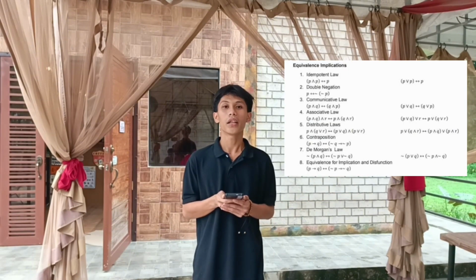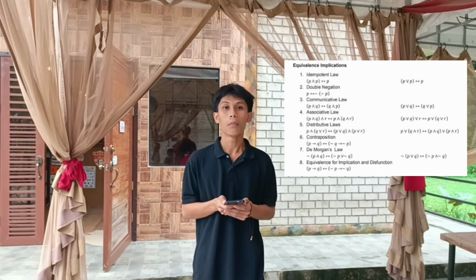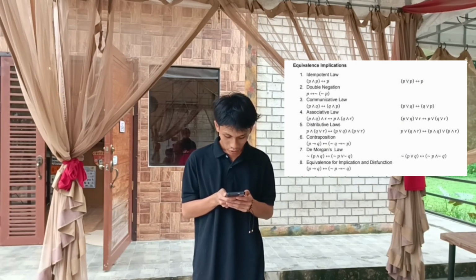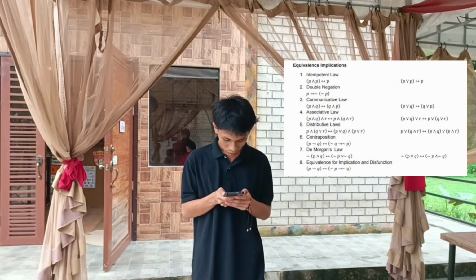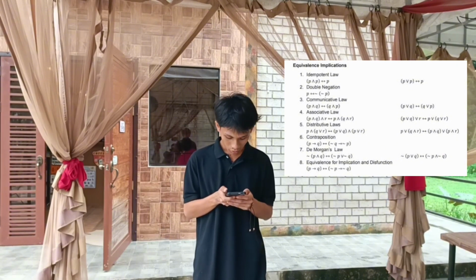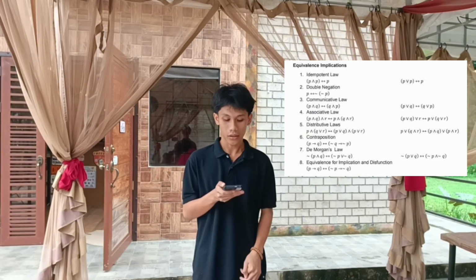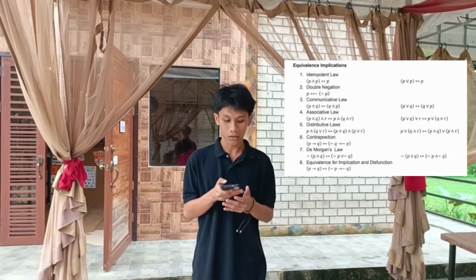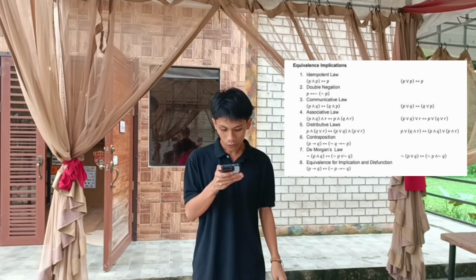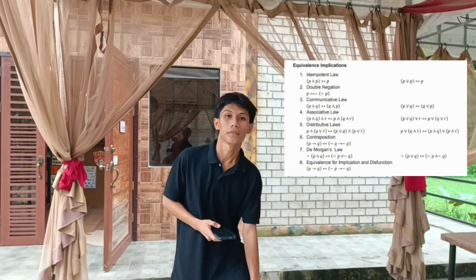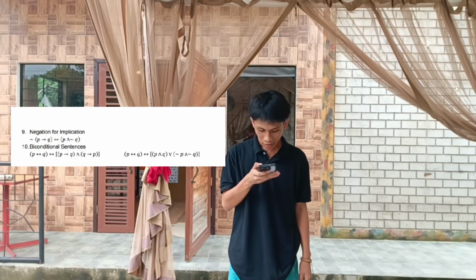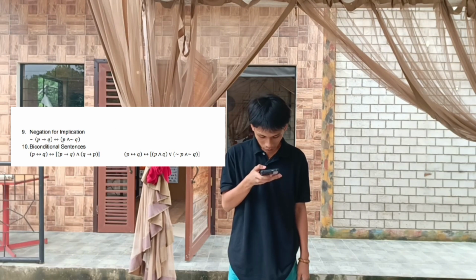1. Idempotent law. 2. Double negation. 3. Commutative law. 4. Associative law. 5. Distributive law. 6. Contraposition. 7. De Morgan's law. 8. Equivalence for implication and disjunction. Additional: 9. Negation for implication. 10. Biconditional sentence. If the truth values for a proposition formed by connectives are all false, then the proposition is